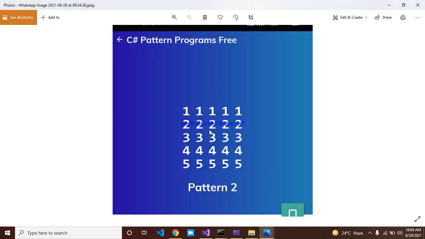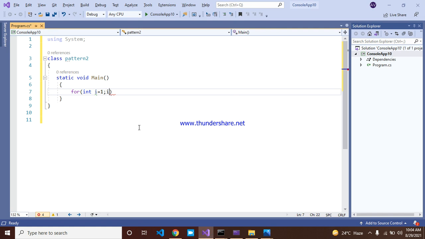In this pattern we go through 1 2 3 4 5 like this. That's the reason the starting value is int i = 1, and the ending value is 5, so we use i less than or equal to 5.